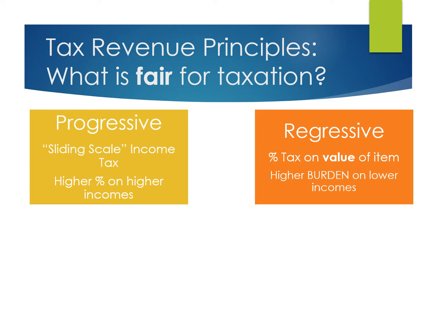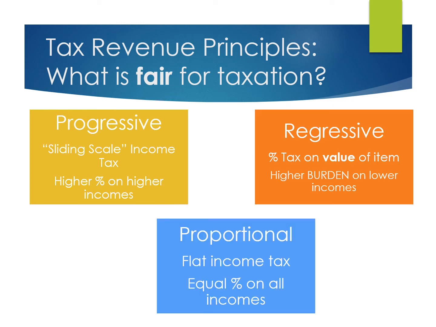Regressive taxation is a tax on the value of an item that's purchased. So in general, it's a sales tax. And that sounds like it'd be fair. We're going to charge you 5% on buying your groceries. But the trouble with this, and the reason it's regressive, is that when you look at the percentage of money that people have to spend and how much of it goes into taxes, it's a higher burden on people with lower income. So it's actually the opposite of a progressive or sliding scale tax. It's a tax that in a hidden way actually falls higher on poor people. We'll look at an example of that in a minute, because I know that's hard to understand.